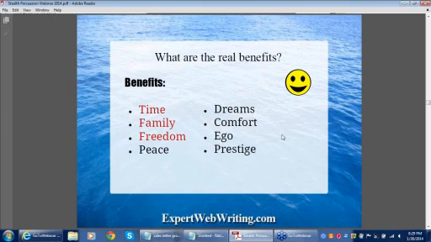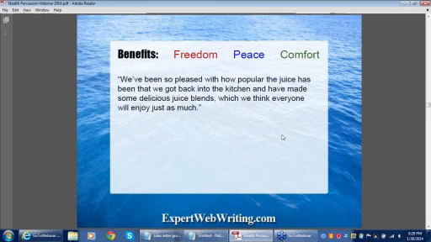So I'll just take, let's say, two or 3 of these. I'll take 3 of these: freedom, peace, and comfort. Those are 3 that I want to express in my copy for a blog post or an opt-in or a Facebook post or whatever. It doesn't really matter. And whenever I'm rewriting copy for a client, I'll always grab a few of these and have them handy, and I'll color code them like this.